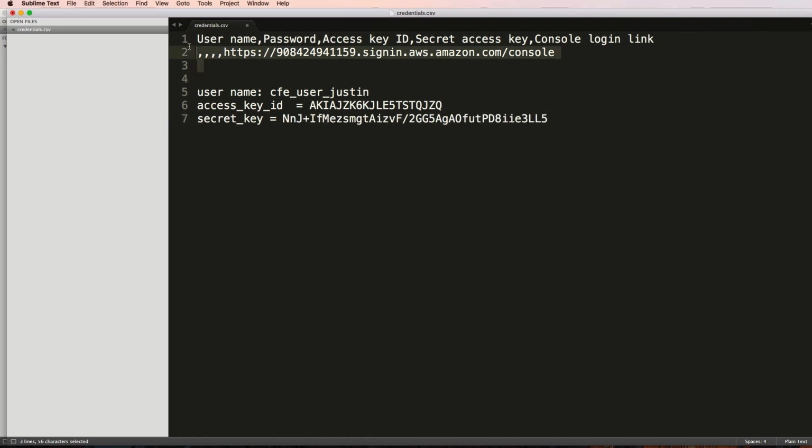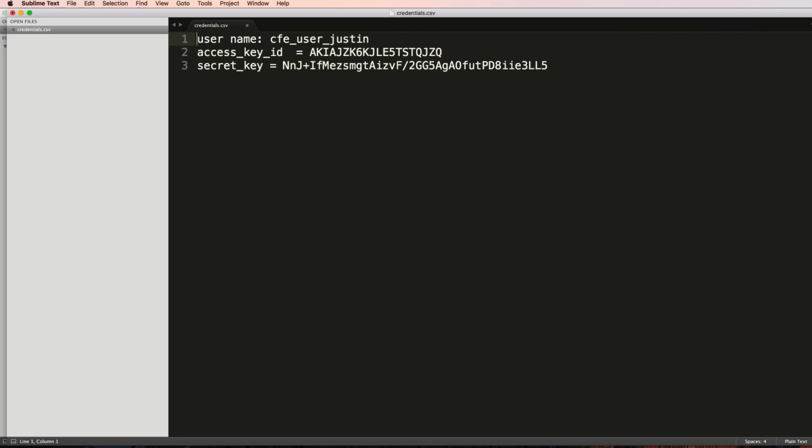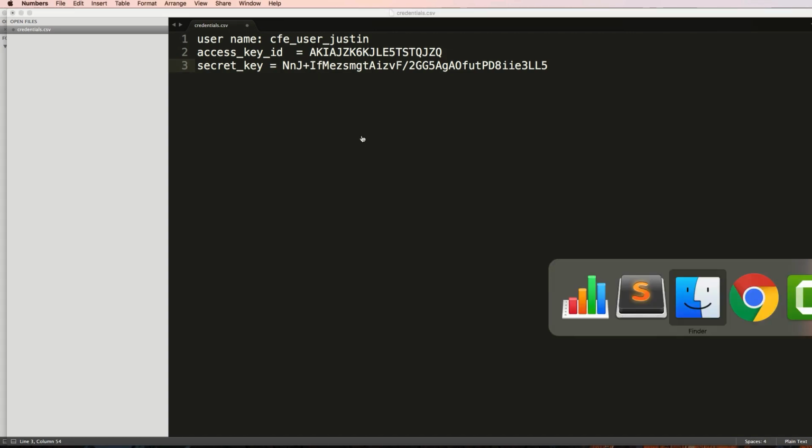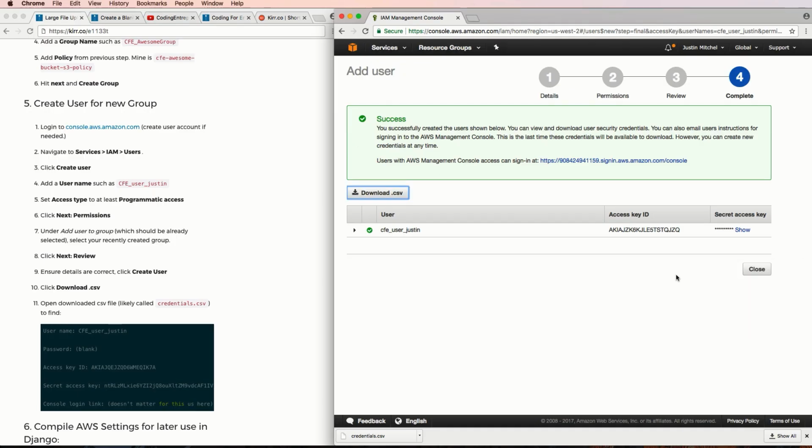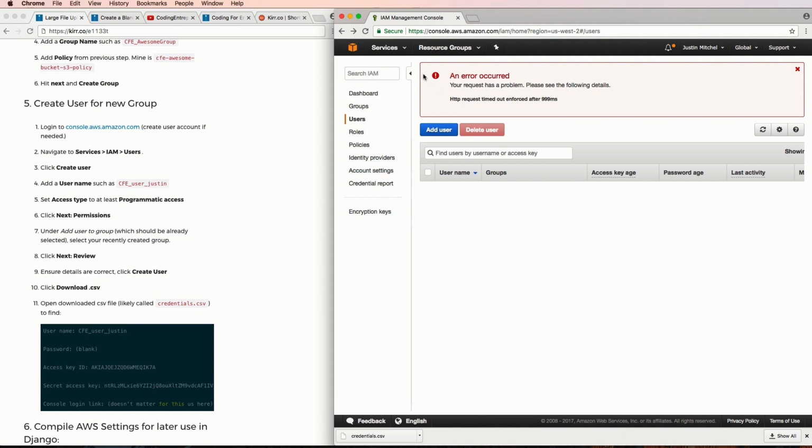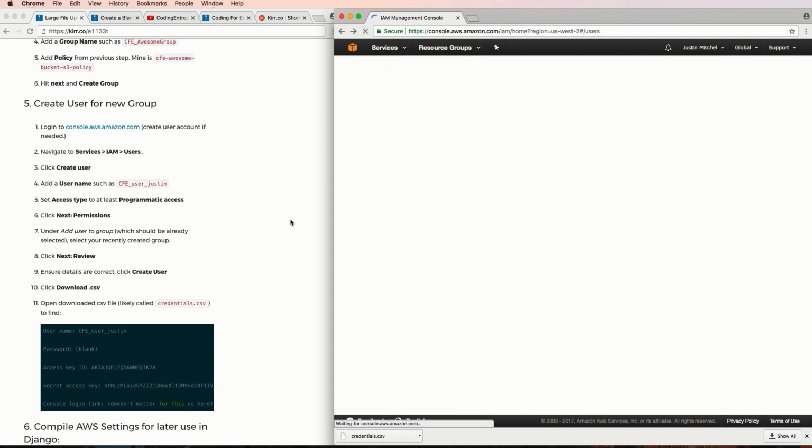Okay. So you just want to make note of these things and make sure that you've got yours, right? Yours are going to be different, but they will be there and they will actually work. Something you should note is, of course, if you've created the same group name as well as the same username, it's probably going to work for you. It's just really that bucket name that you can't have the same bucket as me. That's really it. So I'm going to go ahead and close it,